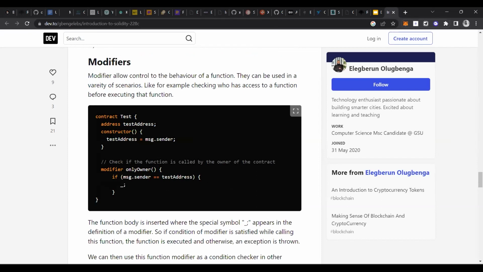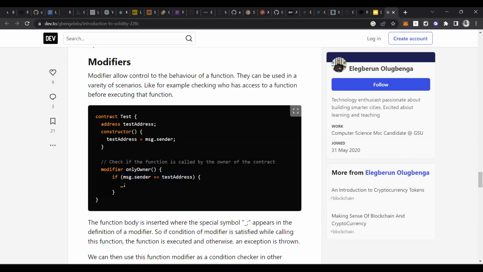For that, a modifier comes into the picture. For a modifier, you mention the modifier keyword, then the name of the modifier, and then the condition that this modifier must satisfy.